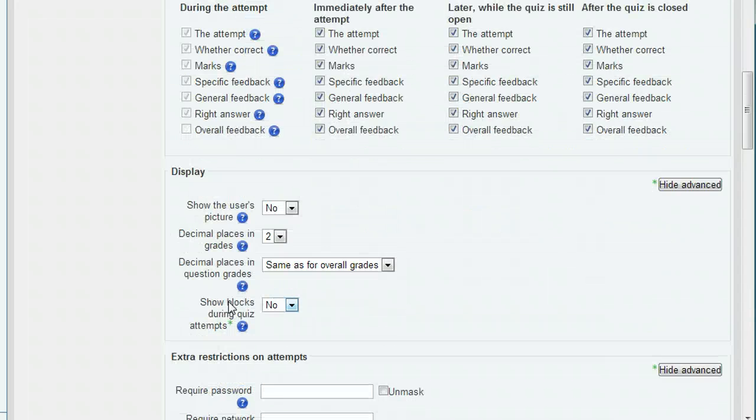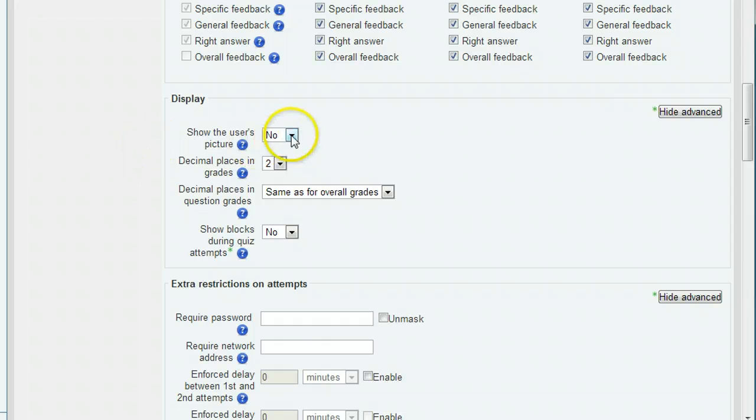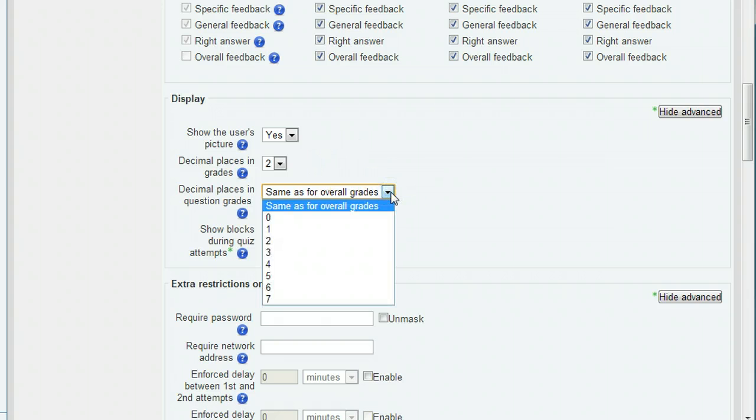In the Display section, you can require the student's picture to be shown on each screen of the quiz if you click this box. This is useful in proctored exams for monitoring that the student is logged in as himself. You can set how many decimal places show in grades and how many for each question. The Show Blocks setting determines whether the normal blocks that show in the left pane are shown or hidden during a quiz. You might show them, for example, if you created an HTML block in this course that's set to show on all pages in order to provide the students with some help or reference